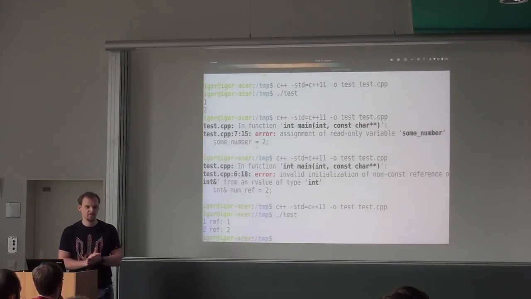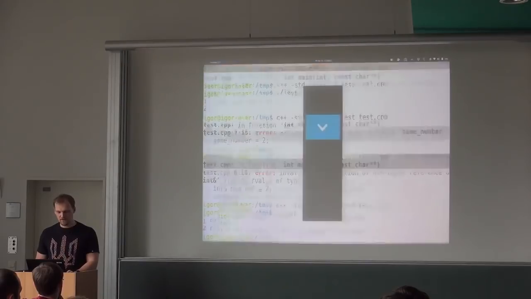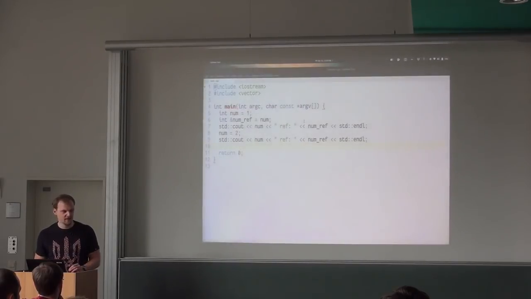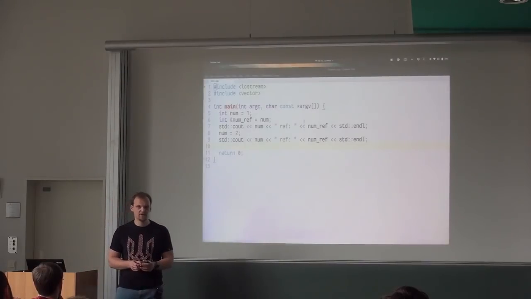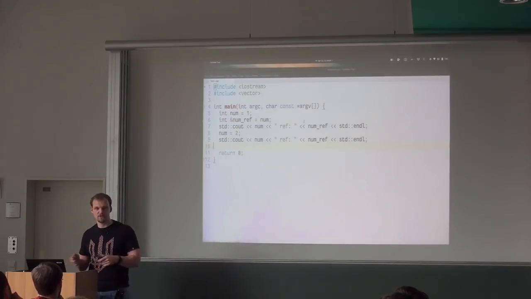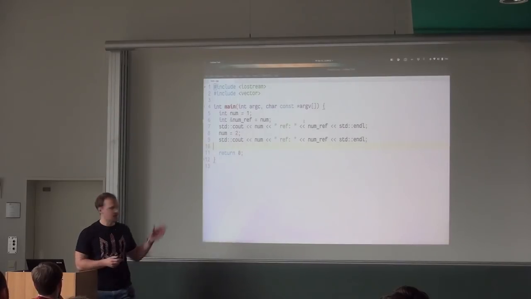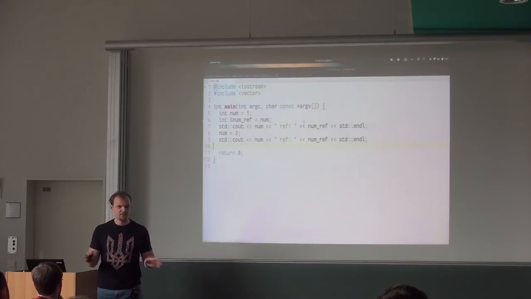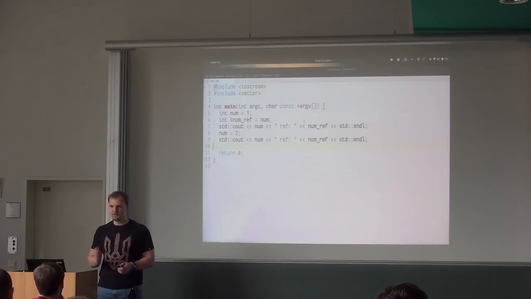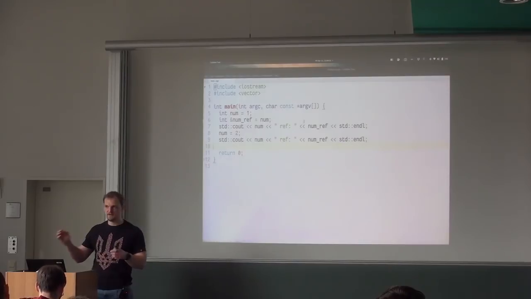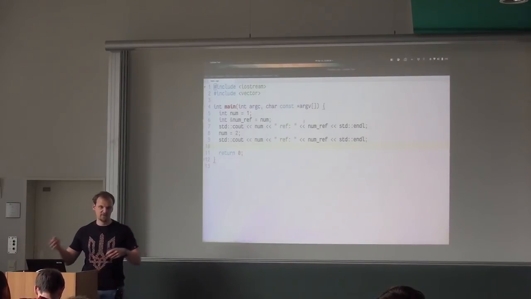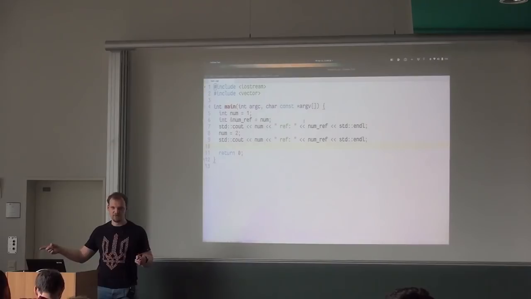Like, yeah. Why do we do that? It's going to come. I think it's important to understand this concept from the start, because it's going to be used a lot, especially when we go to using functions and so on. I think it's even in the bottom of the slide. We will reach that part. But the important part here is that references are exactly the same as the variable that they reference. So if you change the reference, it actually changes the variable.